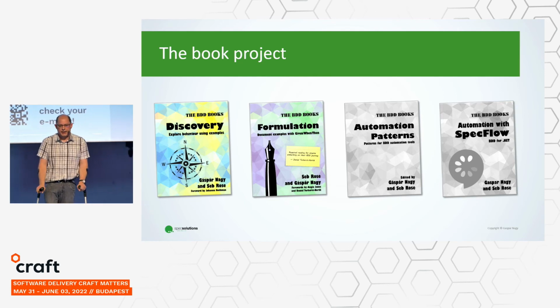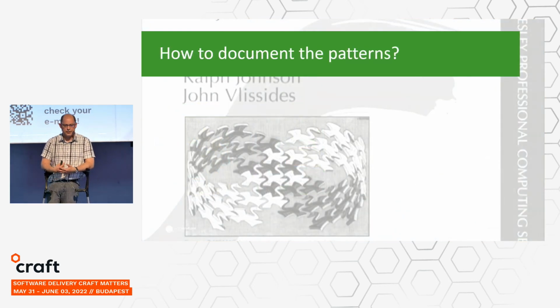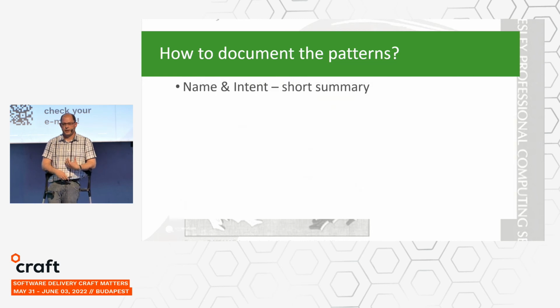And we are at an early stage, and we were thinking about how we are going to write down these patterns, so what kind of documentation we are going to use for those. And we have investigated a couple of different options. Unfortunately, there are not so many books that are describing test automation patterns. Maybe the xUnit Patterns book from Meszaros is one of the unique examples for that. But yeah, so we had to really see a couple of options. But finally, we just went back to the classic design pattern book